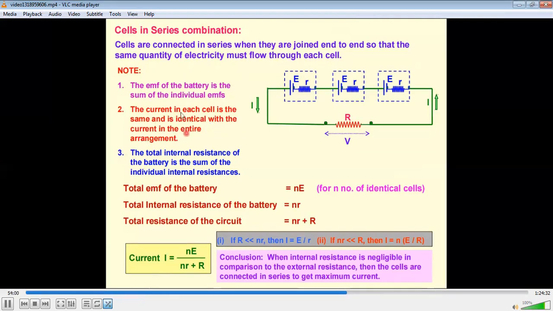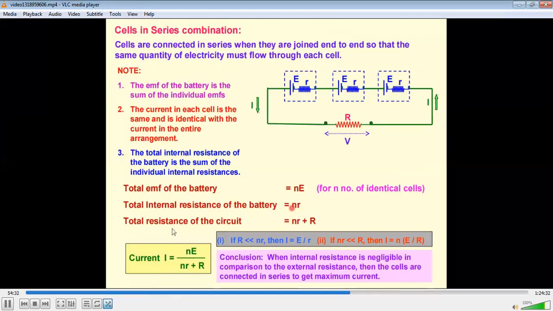So if capital R is much greater than nr, then nr can be removed. That means I can be written as I equals E by R. Now, if nr is much less than R, then I can be written as nE by R. So as a conclusion, when internal resistance is negligible in comparison to the external resistance, where capital R is the external and small r is the internal,